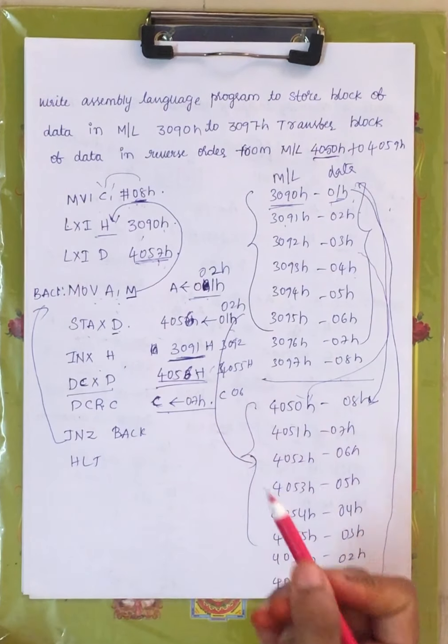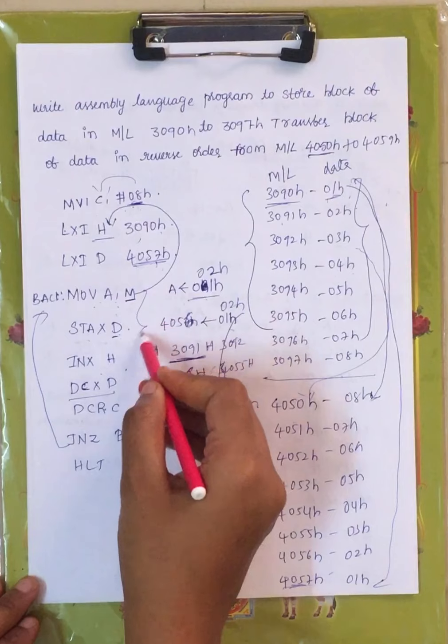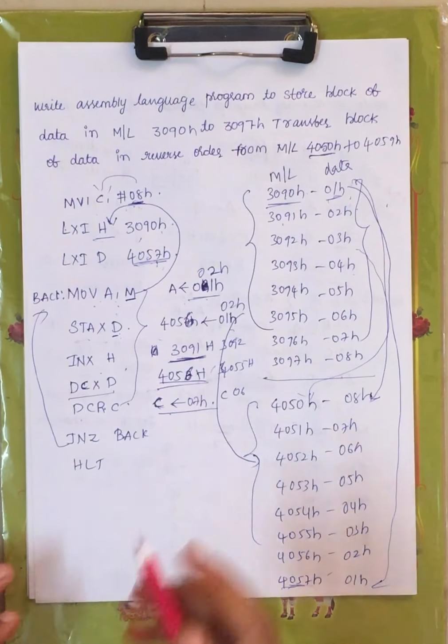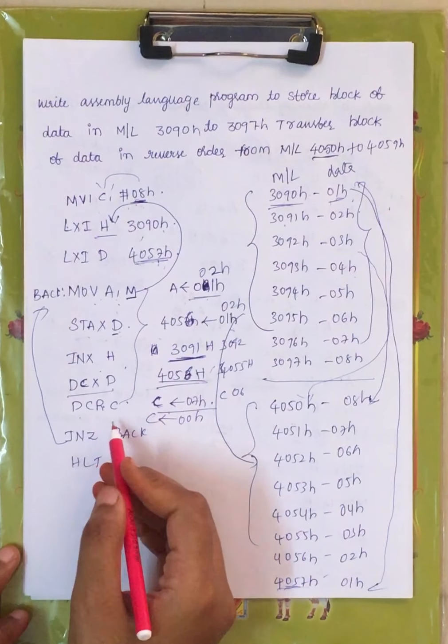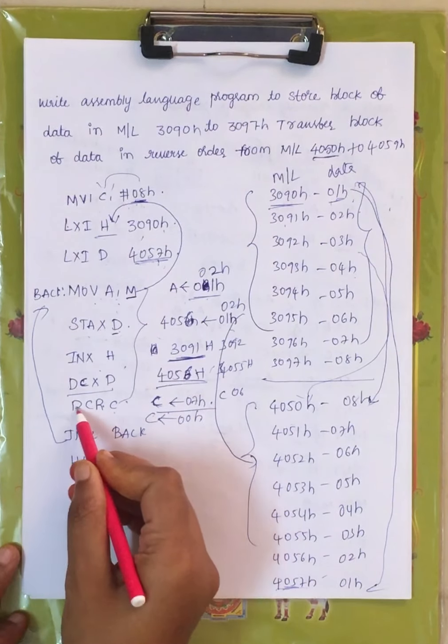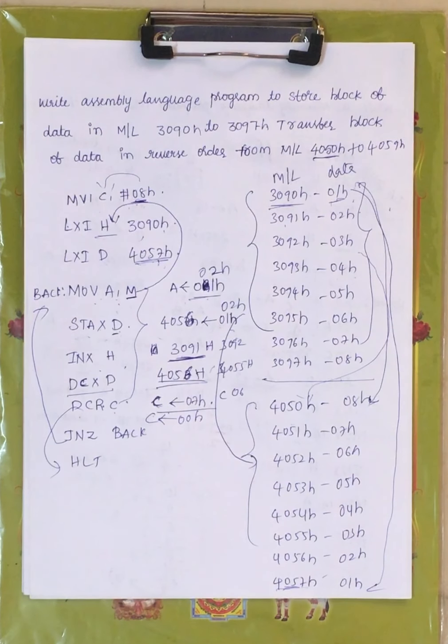This loop will run. The total operation is done by this loop only. This loop will run till the value under C will be 00H. Once the value under C is 00H, it will come out of this loop, and the halt operation executes. Now this is the set of instructions to transfer a block of data from a particular memory location to another memory location. Now this is about 2 programs. In the next lecture we will see another 2 programs. After that I will give you an assignment based on this assembly language program.